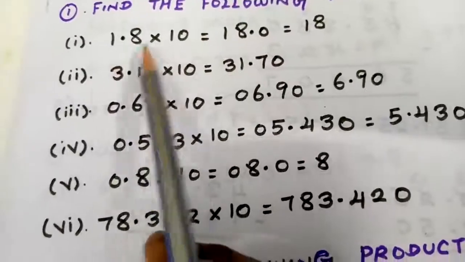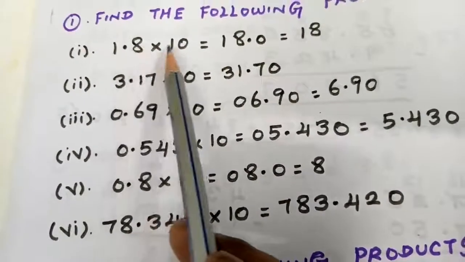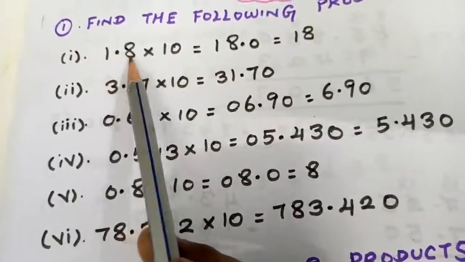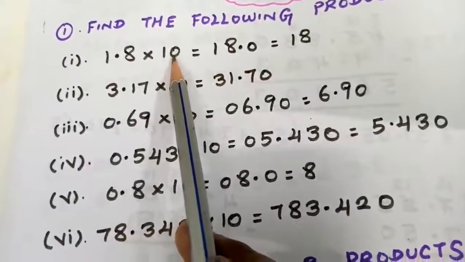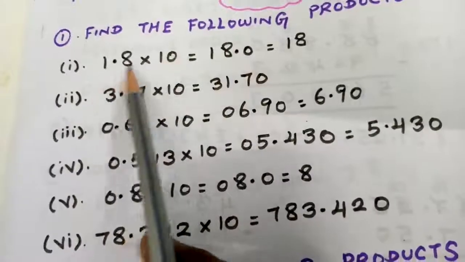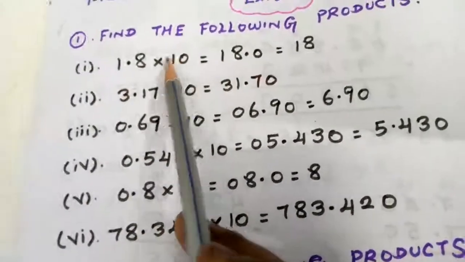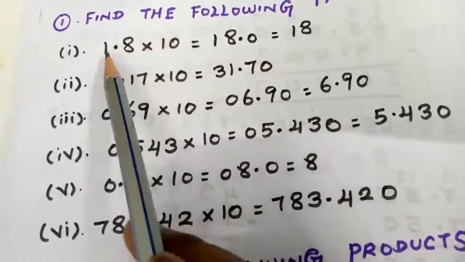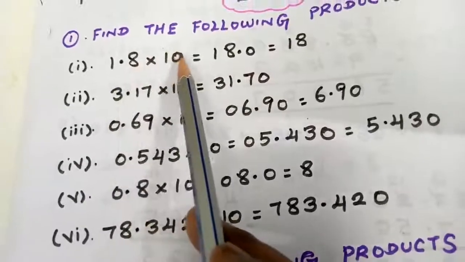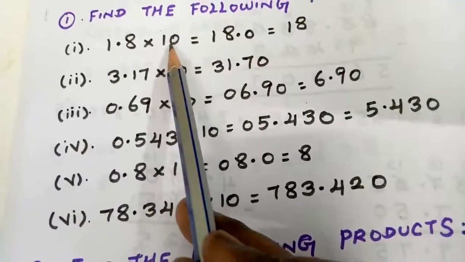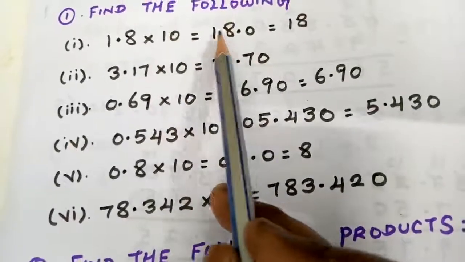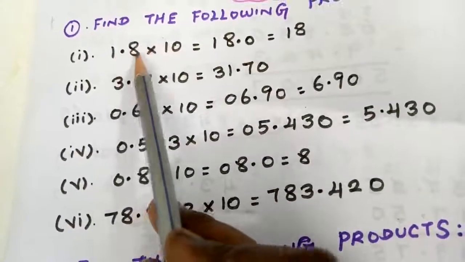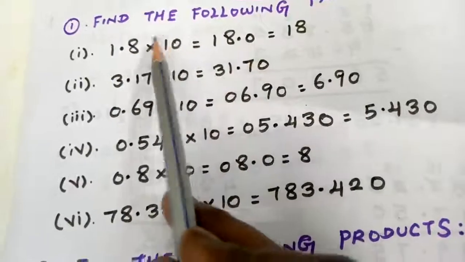1.8 into 10. Just see the numbers 1, 8. Write the number as it is. In place of 10, you are going to take only the 0. That is 0. I am writing all the values except this one. Except this one, I am writing 180. So, this is a way, without going to your rough work, you can directly multiply like this. So, 180 I am writing here.